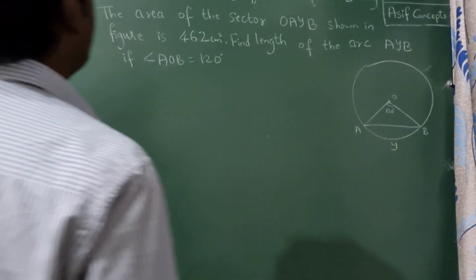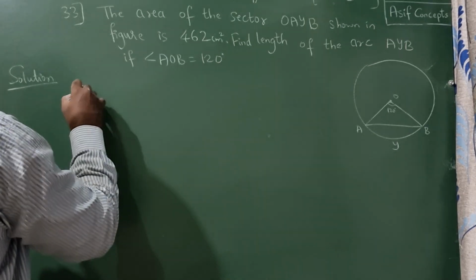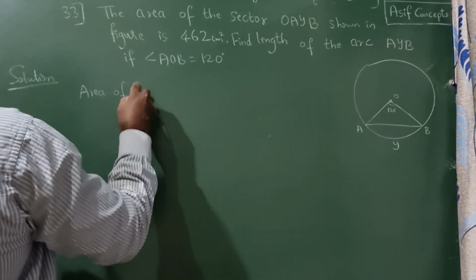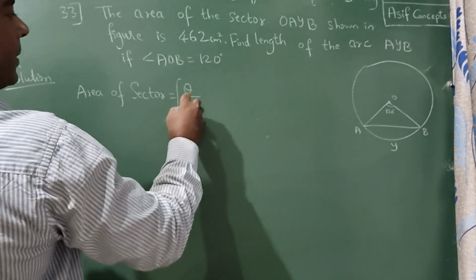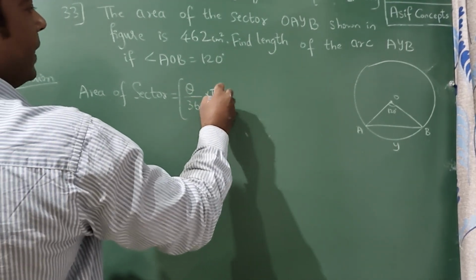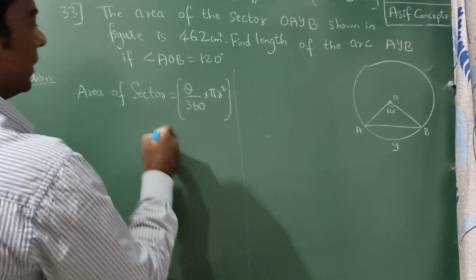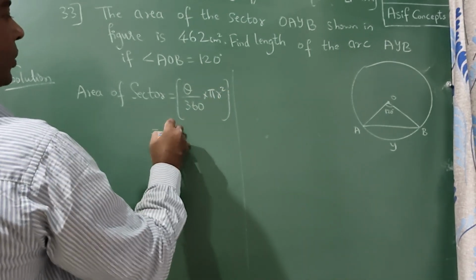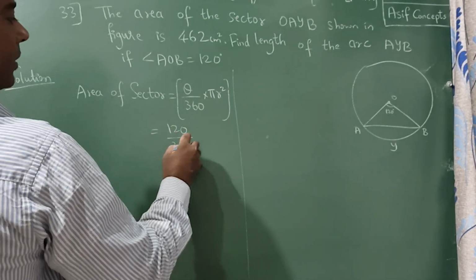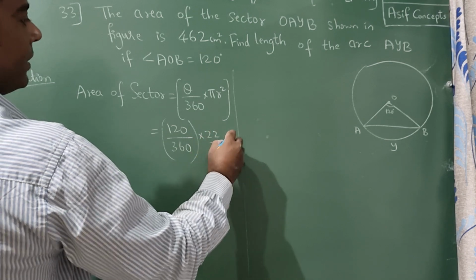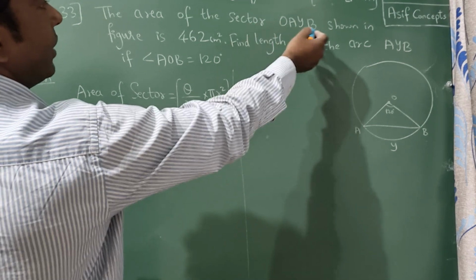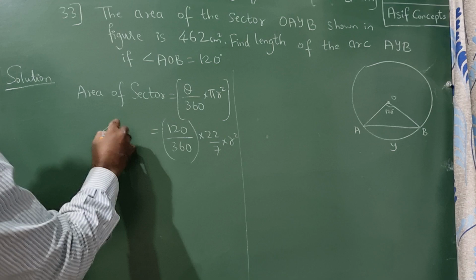Now there is a formula for the area of a sector: area of sector is theta divided by 360 into pi r square. Theta is 120, so 120 by 360, 22 by 7 into r square, and the area of the sector is